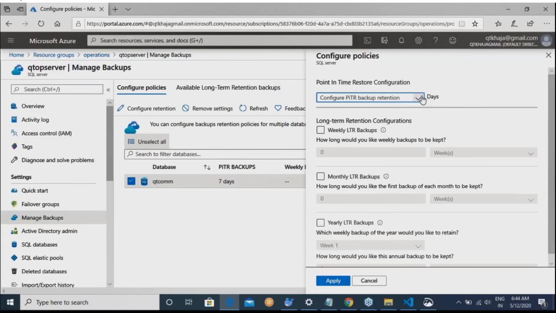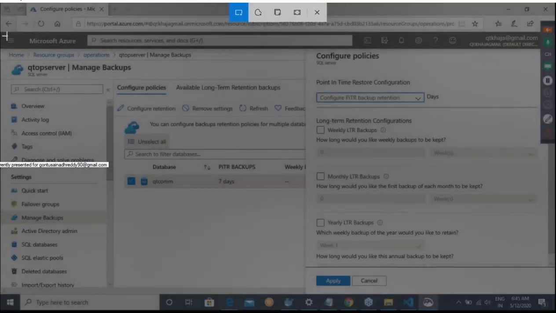The monthly backups, the yearly backups, the weekly backups, you can select any one of these. Which makes your life much simpler, because the only thing you have to worry about in Azure as of now is how many days of backups you want. That's as simple as it is. So you can play around with this data. Let me give the other screenshot around that.